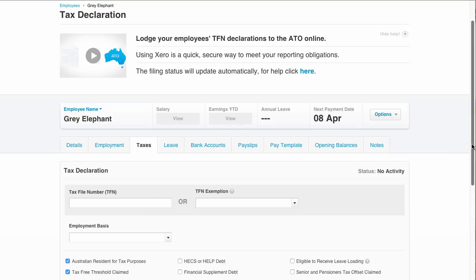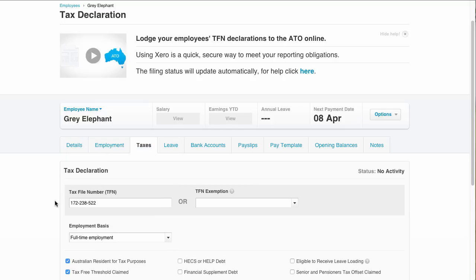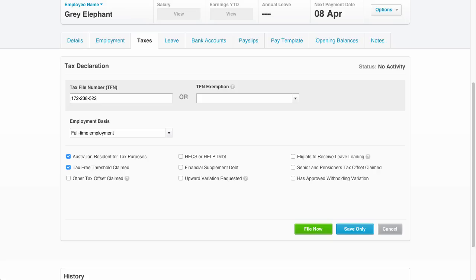So I'm just entering a false tax file number there. I'm saying the employment basis is full-time employment. And you can see I've got various options down the bottom here. This person has been selected for Australian resident for tax purposes, and they're entitled to claim the tax-free threshold. And you've got various other options, whether they're subject to HECS or HELP, that's the higher education loan repayment scheme or contribution scheme, whether they're subject to financial supplement debt or variations requested,